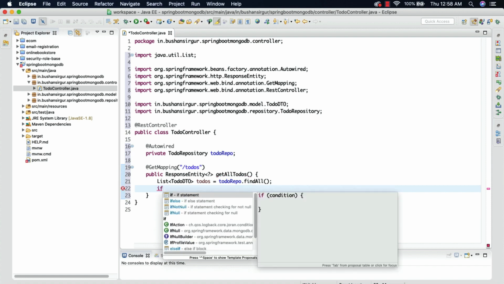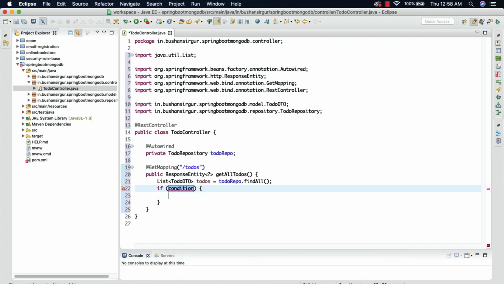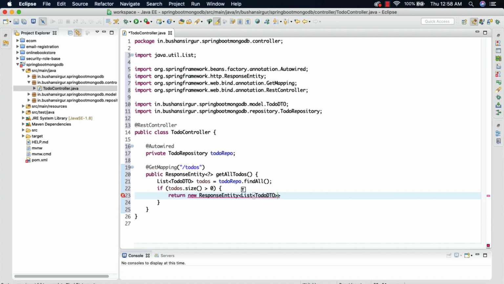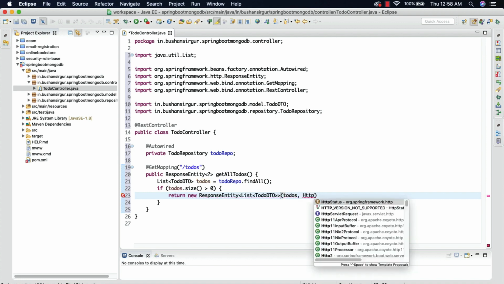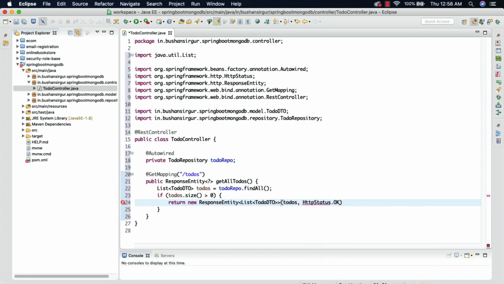I'm going to write a condition to check the size of the list, todo.size. If it is greater than 0, then we're going to return the list, return new ResponseEntity, and this is of type ToDoDTO, and we're going to return the todos, and we're going to specify the HTTP status to OK.